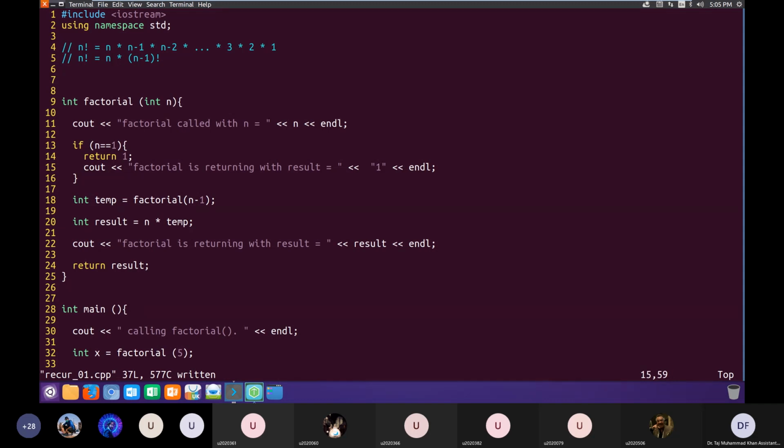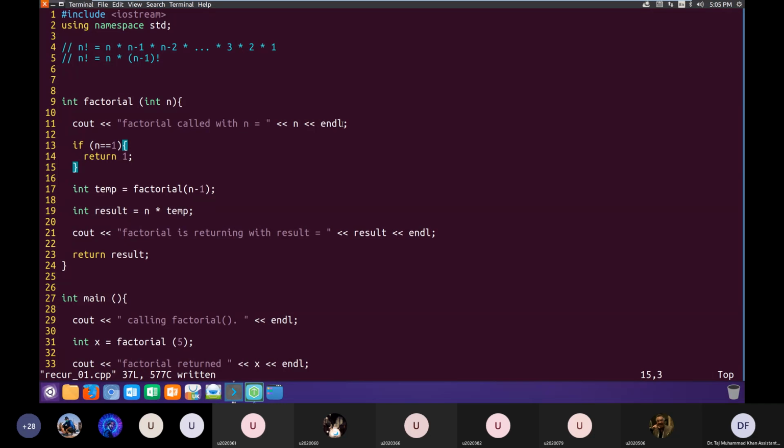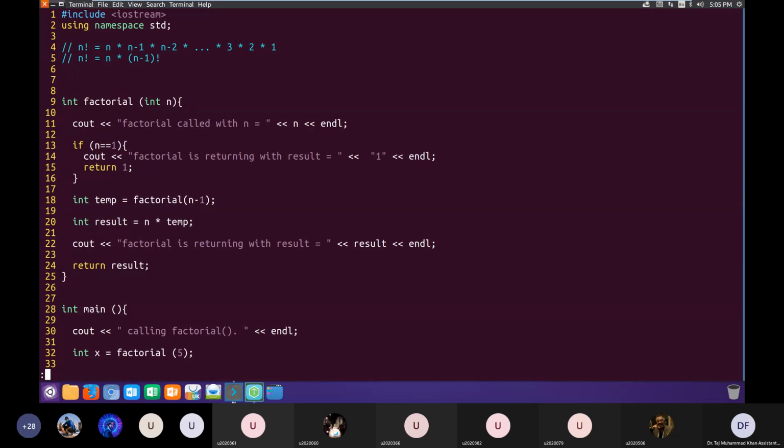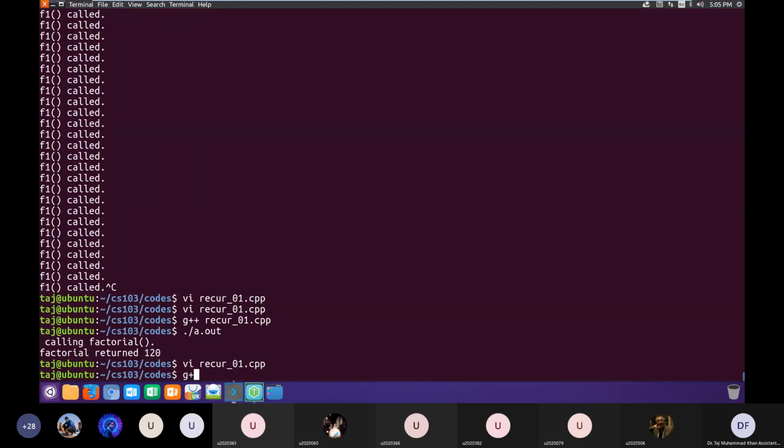But this statement should be before returning. So before returning 1, it will basically output the statement. So this is it, and let us run it again.